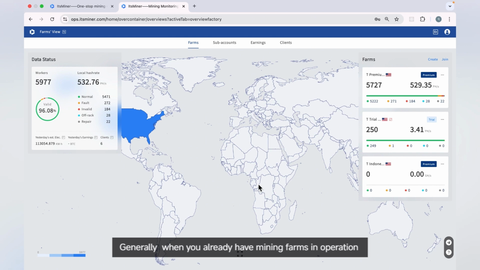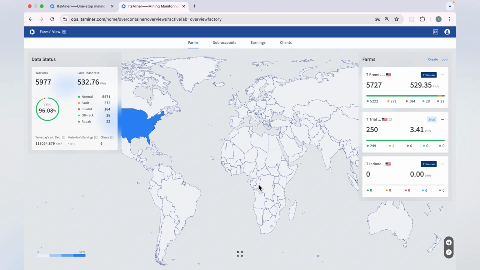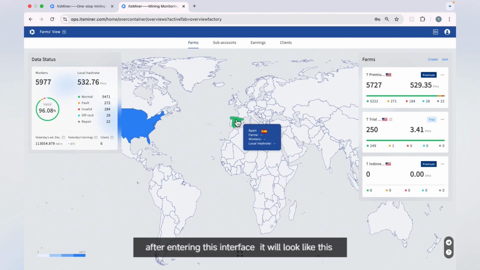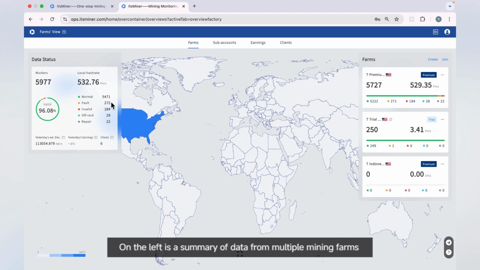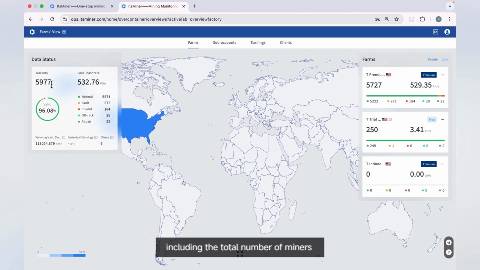Generally when you already have mining farms in operation. After entering this interface, it will look like this. On the left is a summary of data from multiple mining farms, including the total number of miners, the total hash rate, the status of all mining machines in multiple farms,